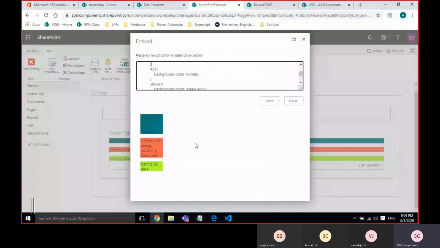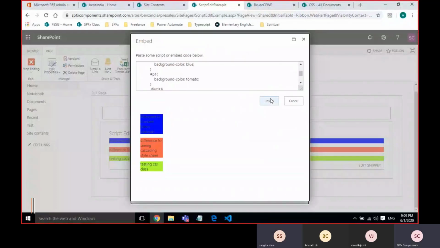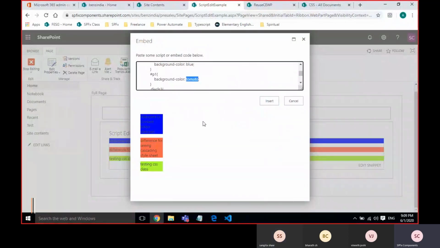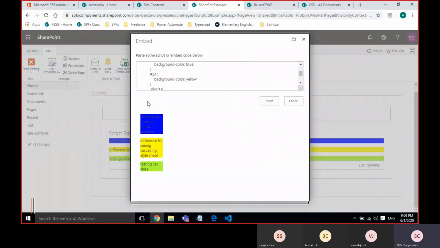I'll show it here: instead of teal, I'll give blue. See, I'm not doing anything. Instead of tomato or yellow, just click outside of that box. You can see the difference here.